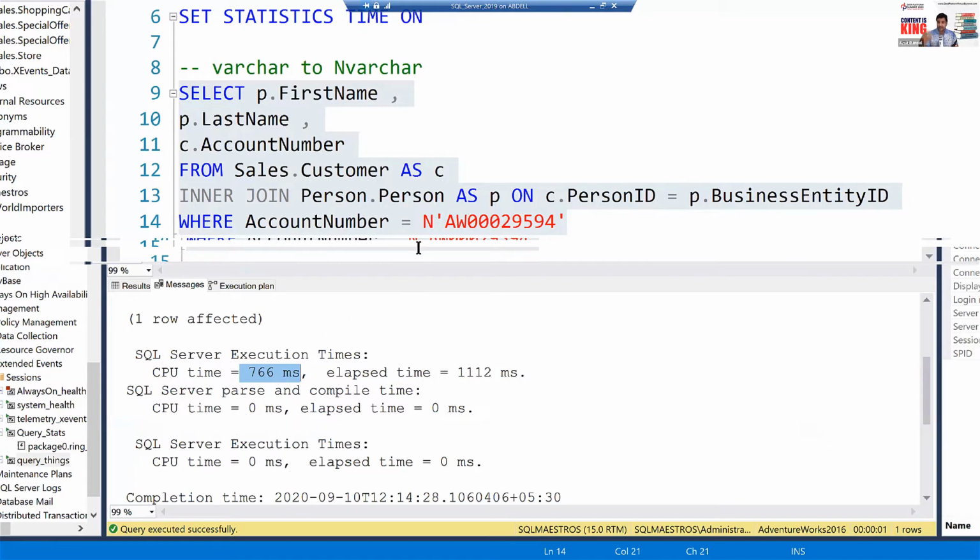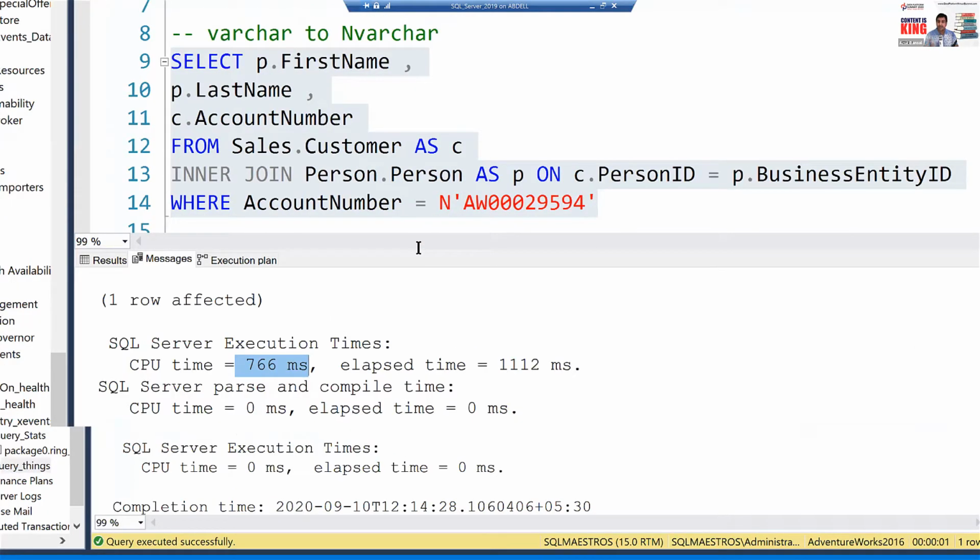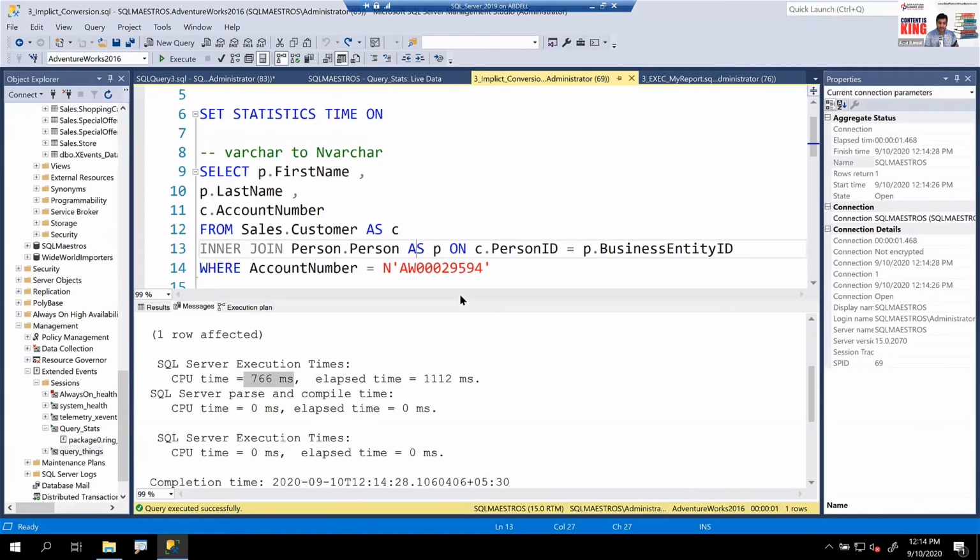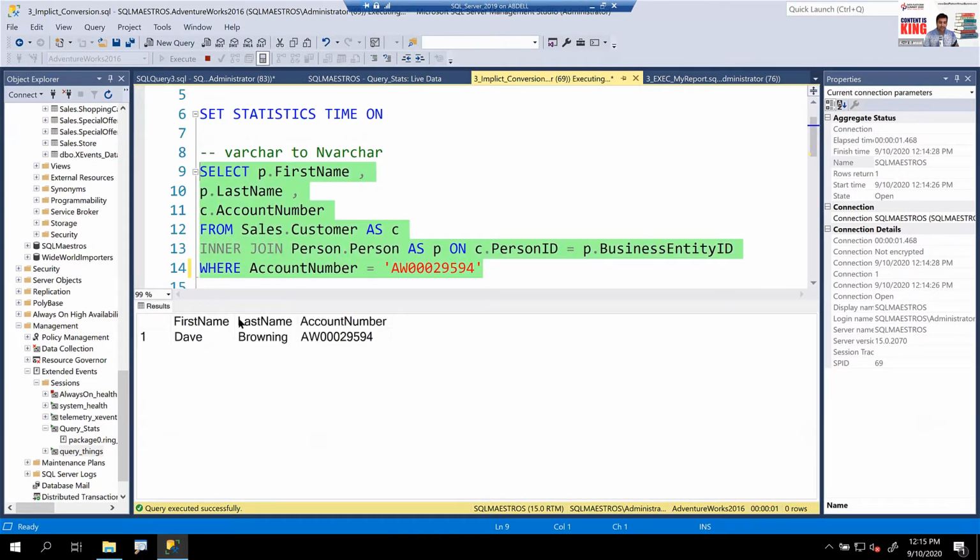Now, I know that there is an implicit conversion issue. May I try to fix it? So what I may want to do is remove N from here. Well, in this particular case, the fix is very simple because I don't need Unicode data on the right-hand side of the equality operator, because account number is varchar. With this little change, if I execute this now, first let's go to the execution plan and see that there is no warning.